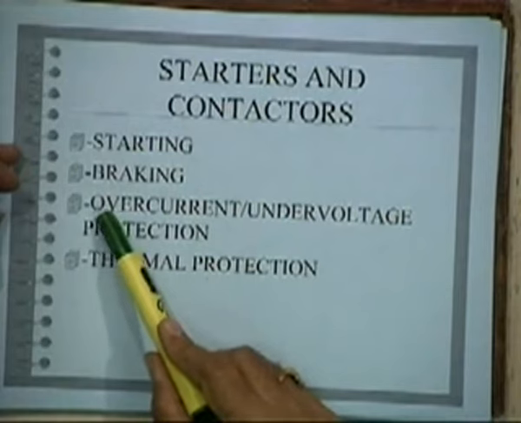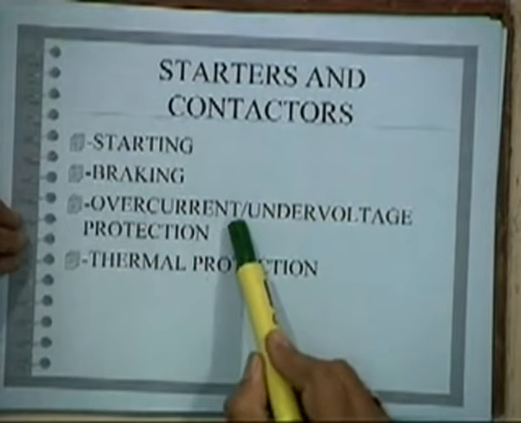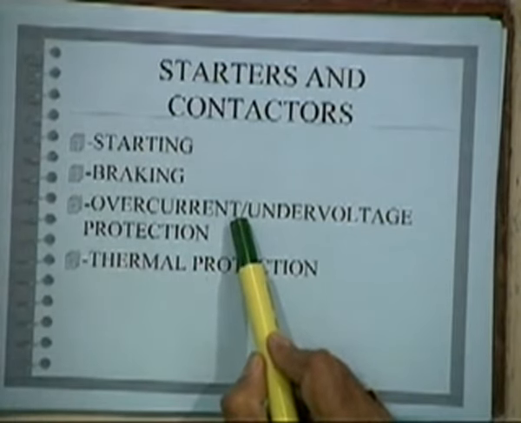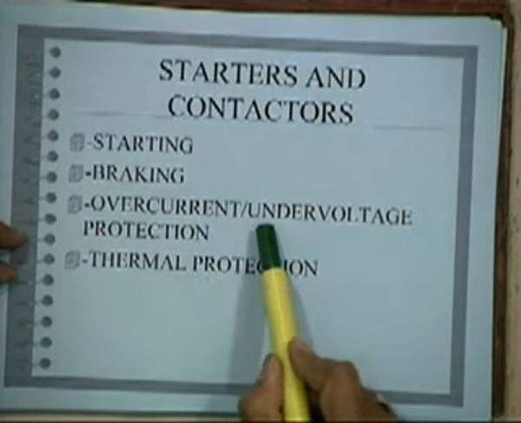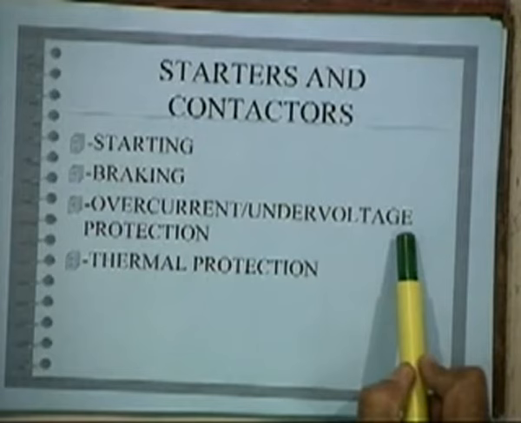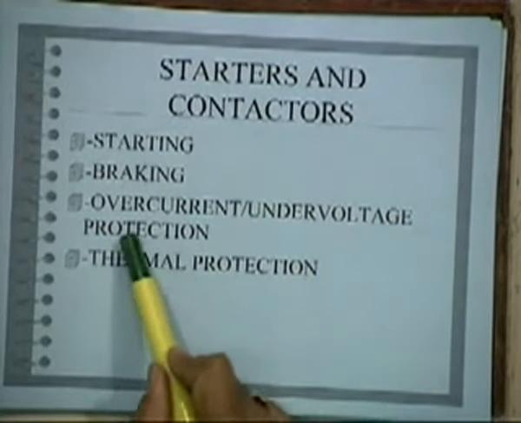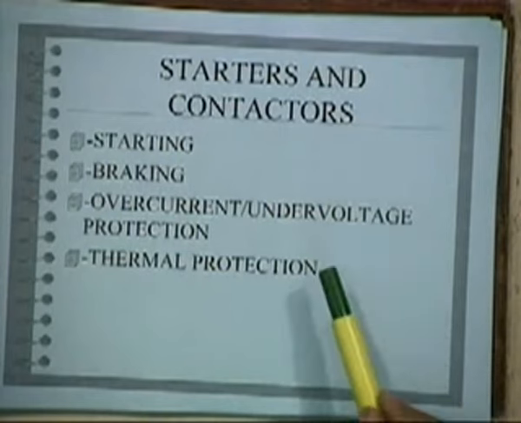Then you should also see that there is an overcurrent protection. The starter invariably will have it: if the current goes very high for a long time, then it disengages the supply, to protect the motor. And there will also be under voltage protection. If the voltage goes below a certain value, which considerably happens in many of the remote or rural power supplies, instead of 415, the nominal value, it may go below 300. So it is unsafe for the motor to operate at so low a voltage. So there will be an overcurrent protection and under voltage protection. Then the motor is protected, means the supply is disconnected.